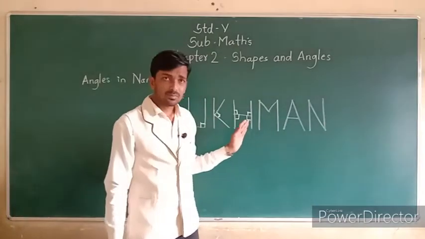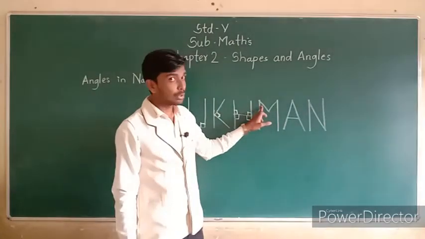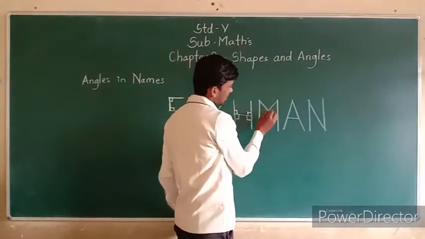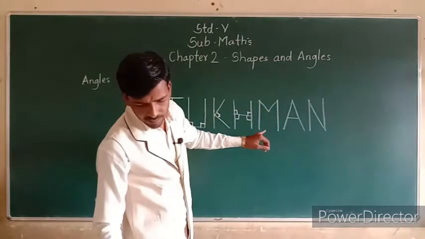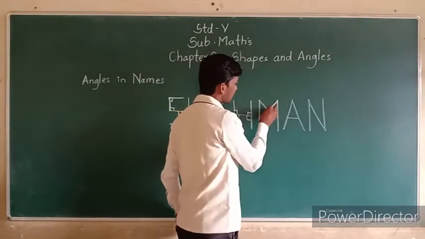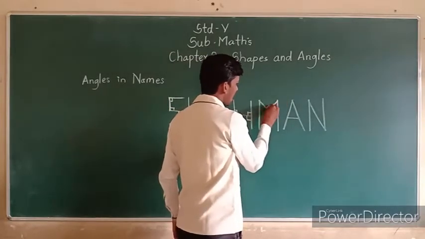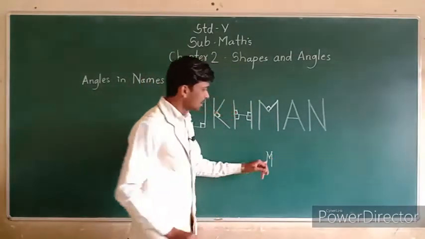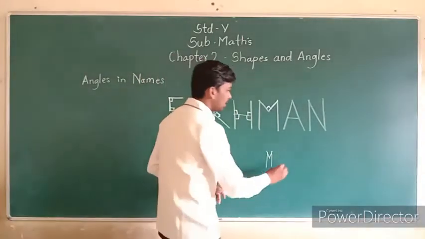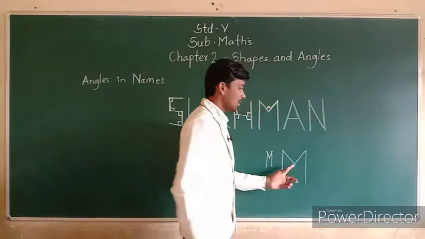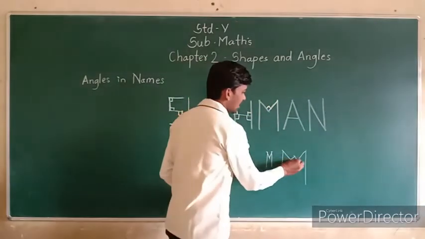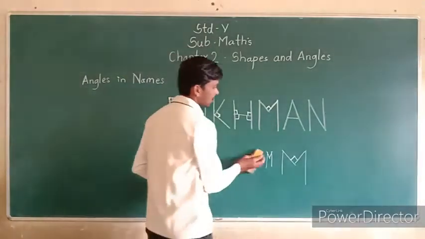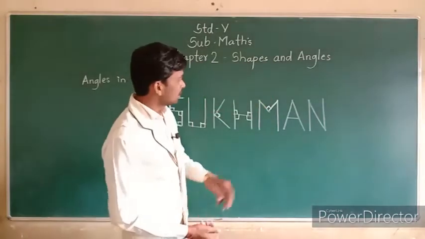In M, here this is a right angle. No, this is not a right angle. This is a right angle. No, but see this one. This one also not. This one also. This one is. See how you draw. Okay, when you draw like this, that is not a right angle. When you draw like this, then that is a right angle. Okay, that depends on how you draw. See, this is a right angle.